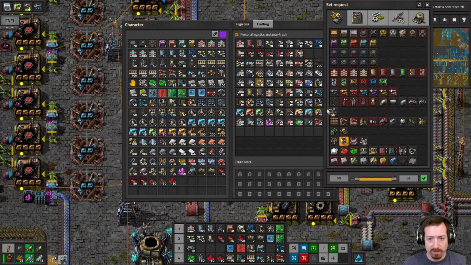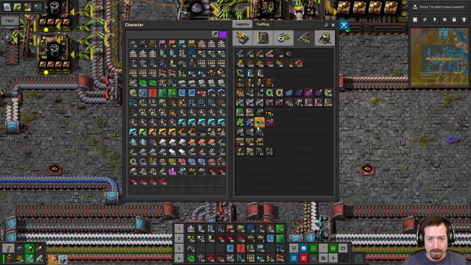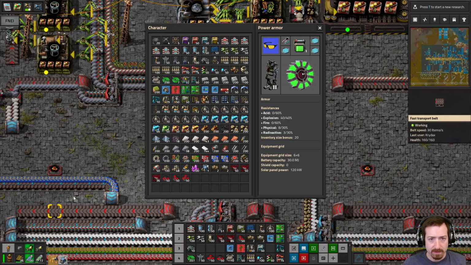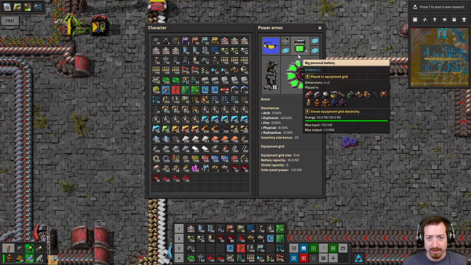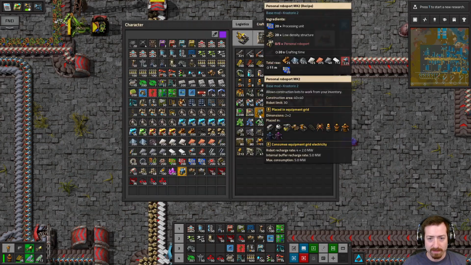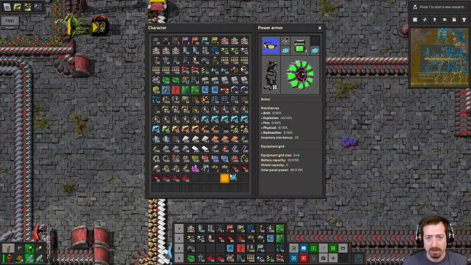Which means those should be in my requests to have exactly 50. I think that's everything we need. My nuclear reactor's barely used any of its fuel. Unfortunately, I'm gonna have to ditch something here. Well, I definitely don't need...